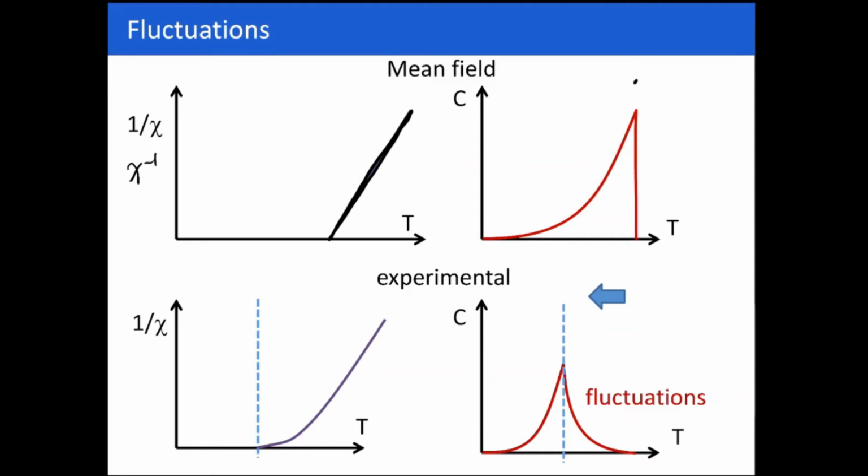There's going to be no heat capacity above the Curie temperature here, and then there'll be a jump in the heat capacity, and then you have this variation like this. So this is without fluctuations. If one puts fluctuations into the theory, one sees that these two behaviors on the top are changed